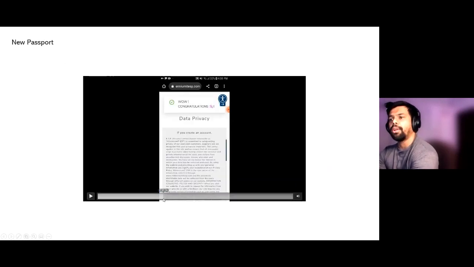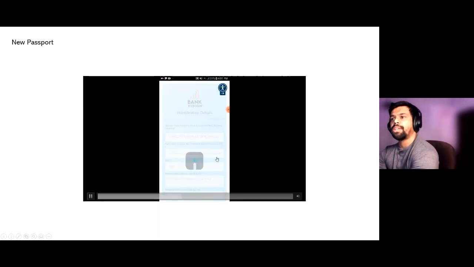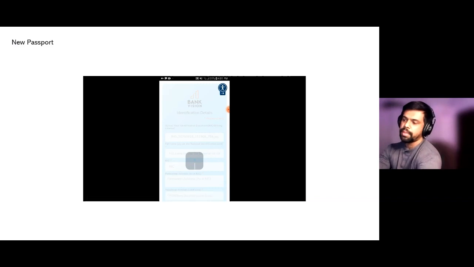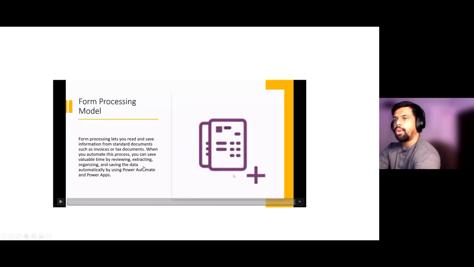Similarly, we have the module for passports as well. When he takes a picture of the passport, computer vision OCR automatically reads the picture, takes the values out of it and fills them in for the customer. So not only that, now when it comes to